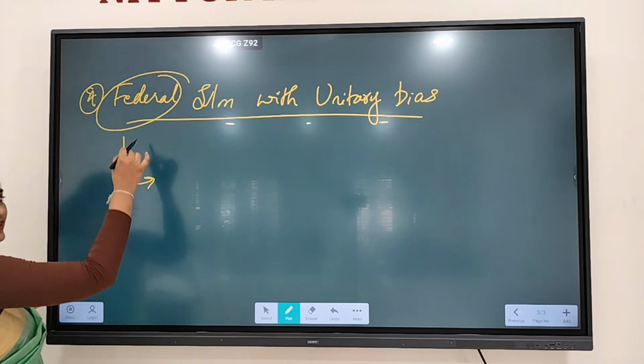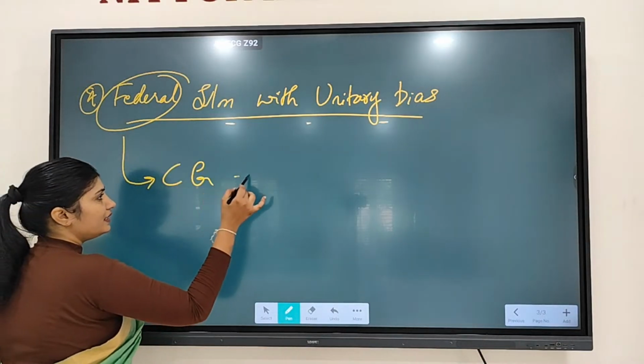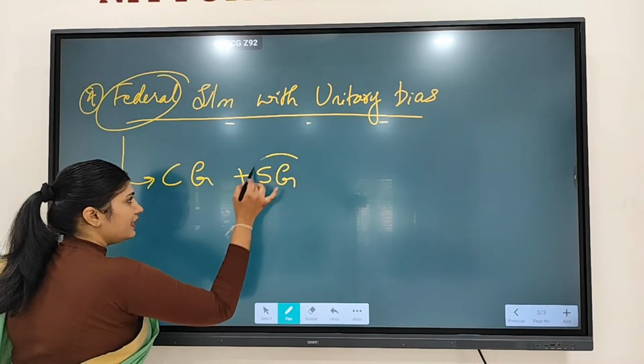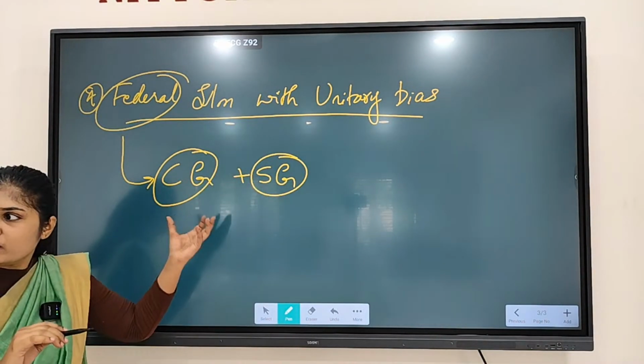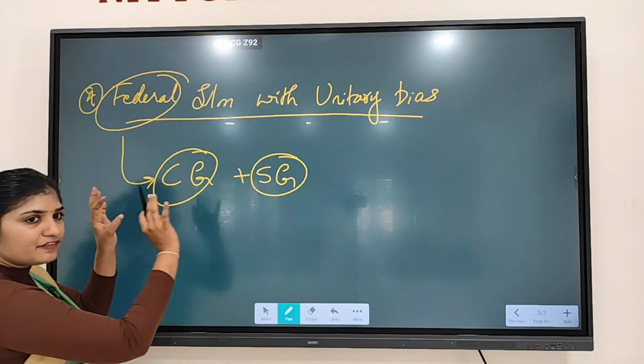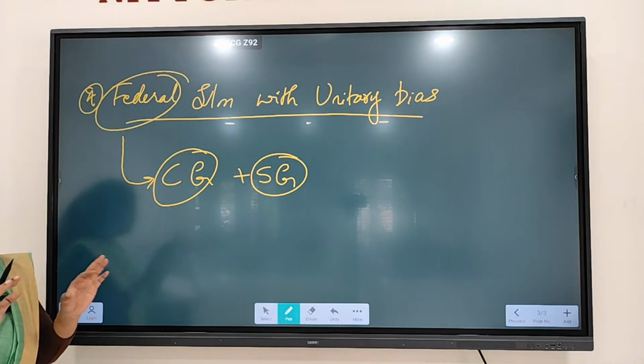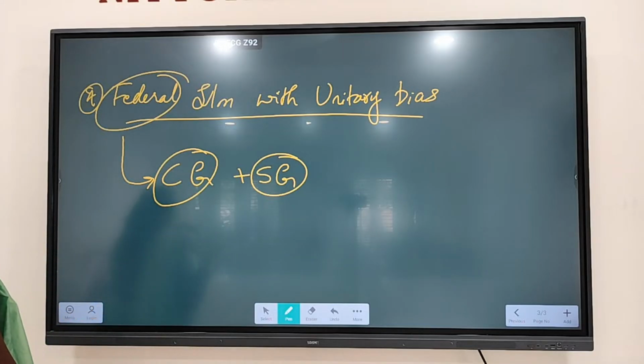Federal means we have two governments. One is the central government and another is the state government. They have their own respective powers, and there is a division of powers also, but only on normal days. Like now, there is no war with India. None of them is fighting against India now. This is a normal day. The state government is working, the central government is also working. But when there is a war against India, if the